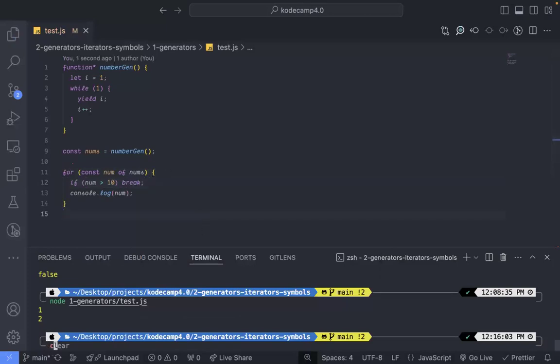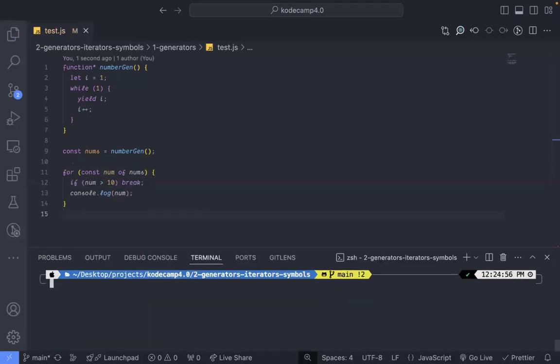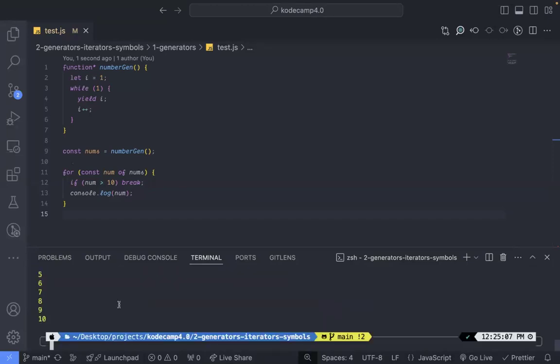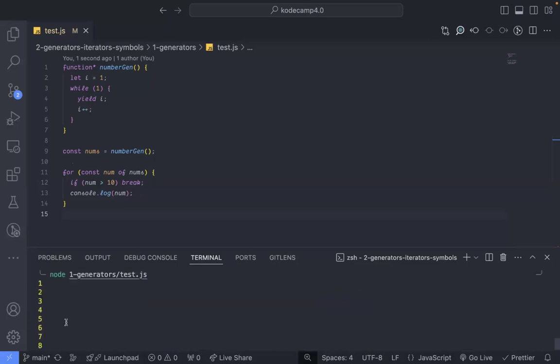Now, if we execute our code with these generator functions, we are able to achieve what we really want to achieve. Let's say node execute our code. Now we have 1, 2, 3, 4, 5, 6, 7, 8, 9, and 10. So this is how generator functions can be used to